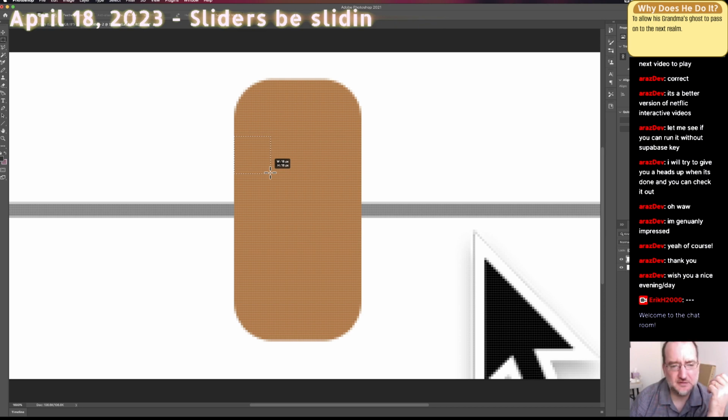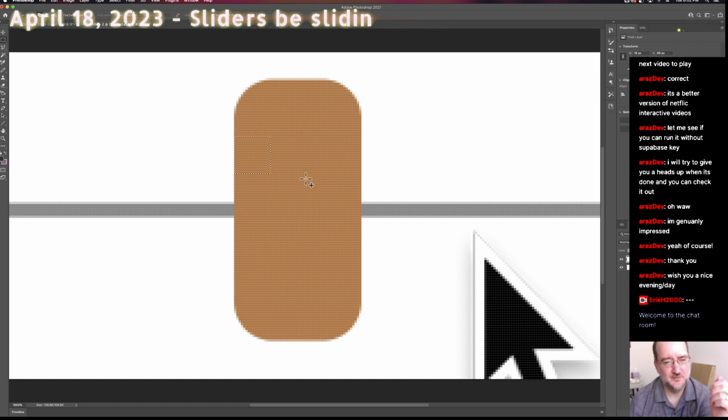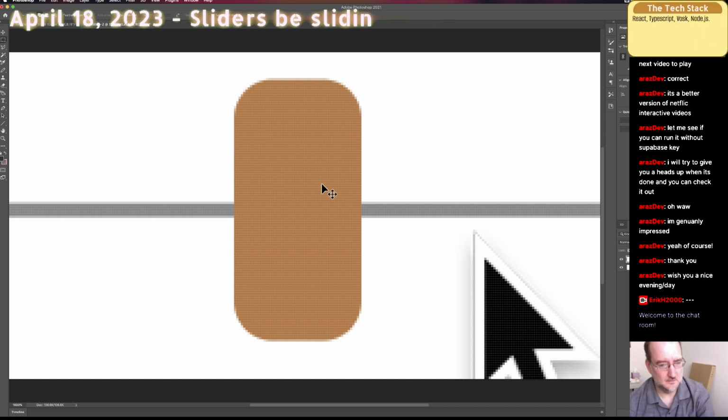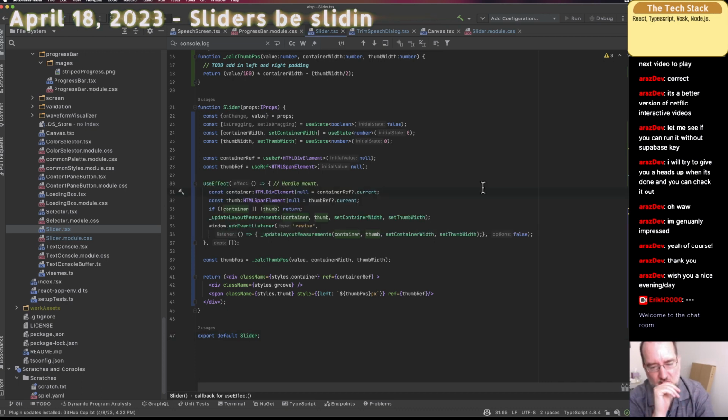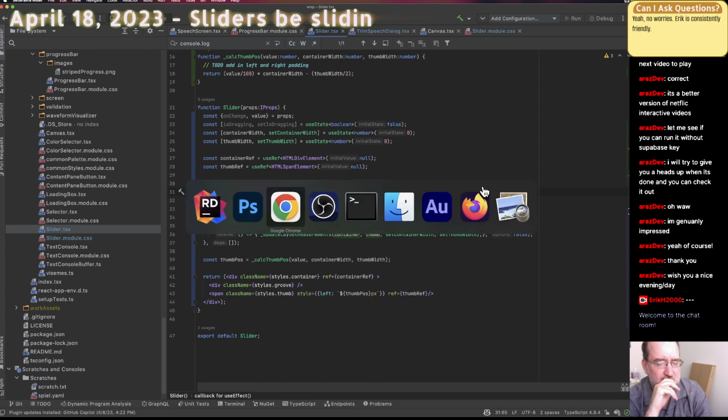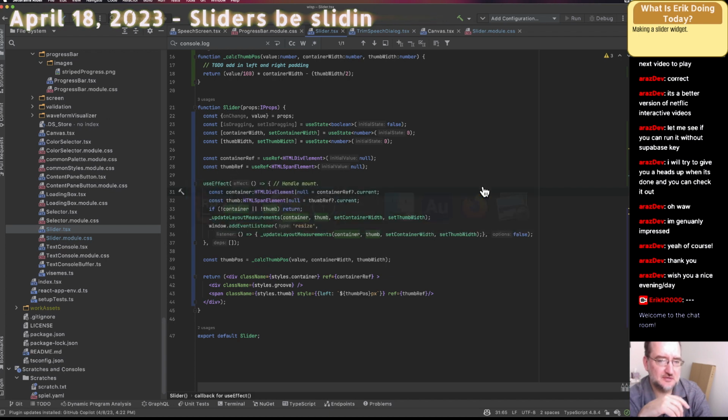What is the unit that client measurements are returned in? Just to see if it's really the thumb measurement or if it's also the container measurement, I'm going to set it to